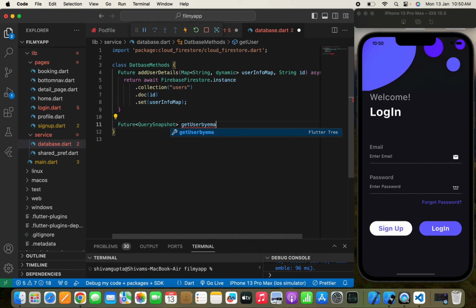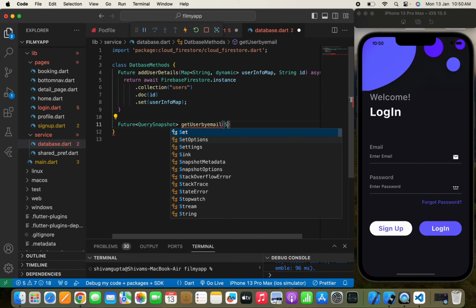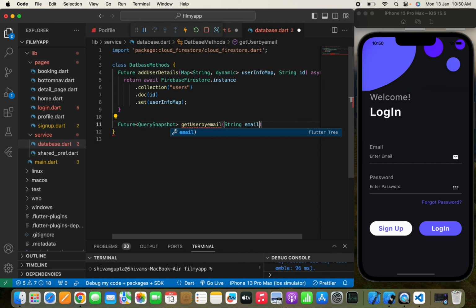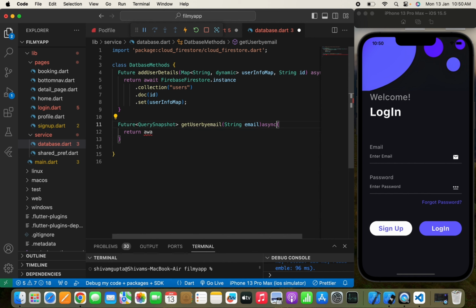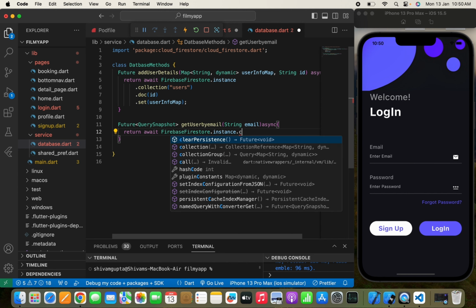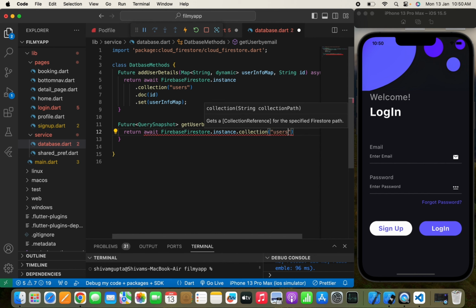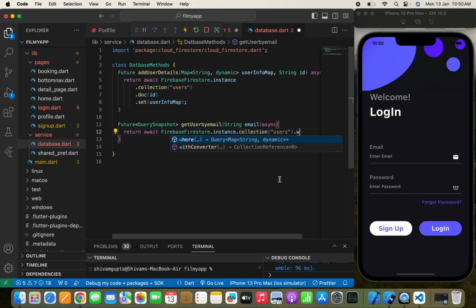Once we get this, we can simply first pass a string which is an email, and we'll pass async and we'll just return. We'll remove this one. We'll just need to return. We'll pass return await. So we need to pass async first, and we'll write await FirebaseFirestore.instance, and we need to pass our collection name. So I'll pass collection, which is the users collection,